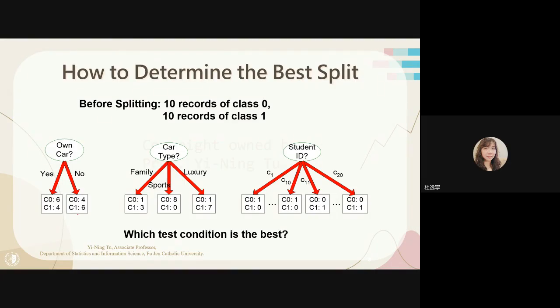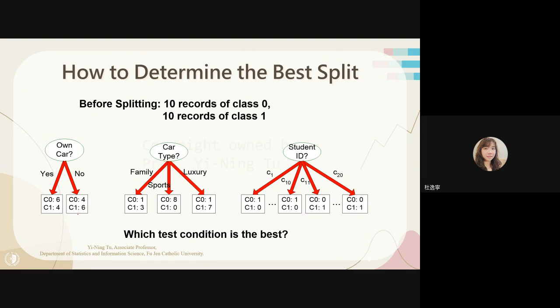Then they're doing the following things. If we use the on card, yes, C0 have 6, C1 have 4, C0 have 4, C1 have 6. This is belongs to no card. This belongs to have card. Do I use the on card to make it more clear? Compare 10-10. 都比原来的实体值还要干净一点点吗？